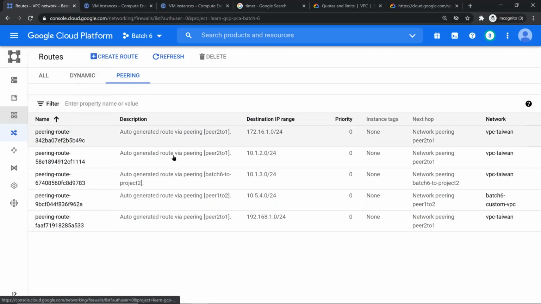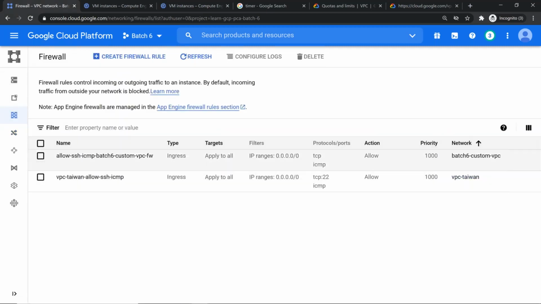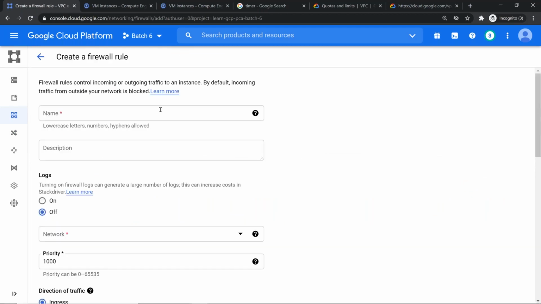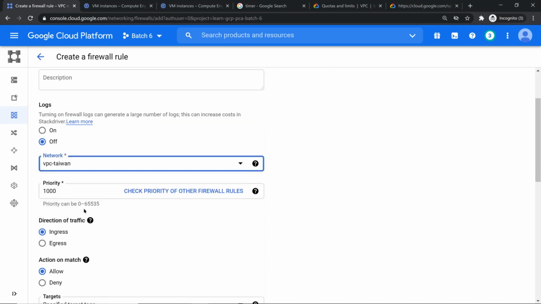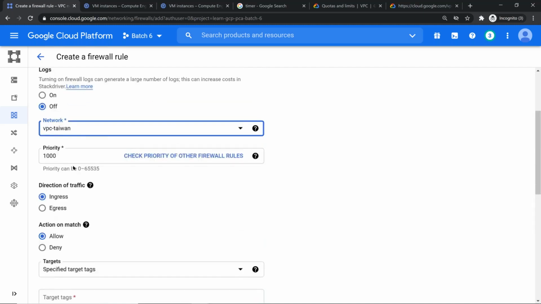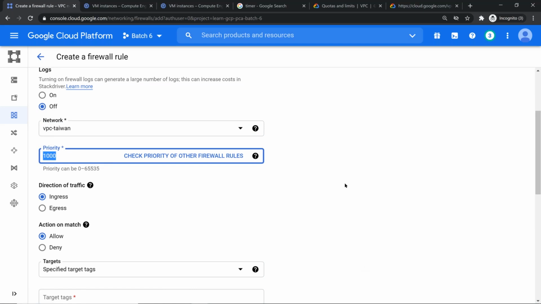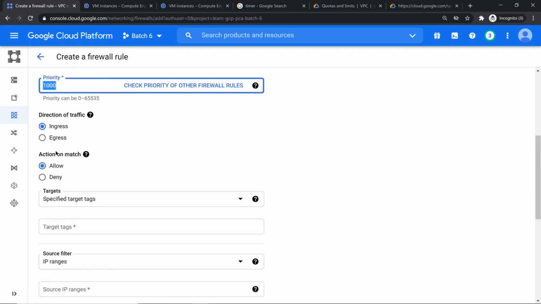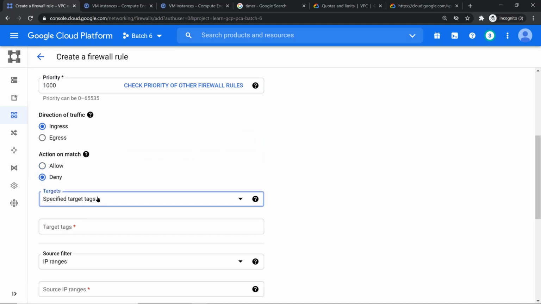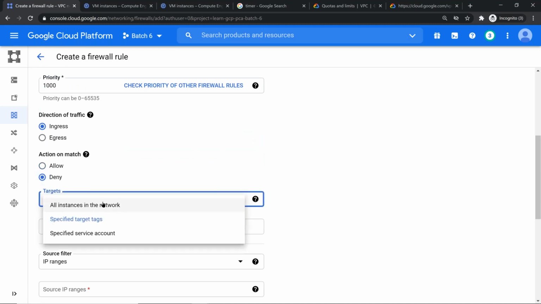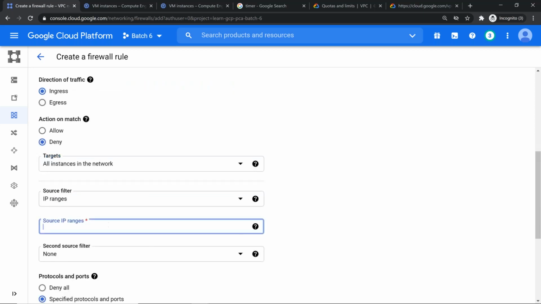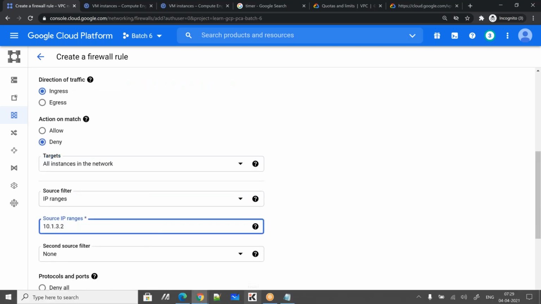So if I just go to my firewall rules, VPC Taiwan, I'm going to say block non-payment. So what I'm going to do is, it's on VPC Taiwan. So I'm going to make it a little higher, or I can put it as that. That should be fine. 100 is okay. Deny all instances in this network. What's the source? If it is coming from this, basically,